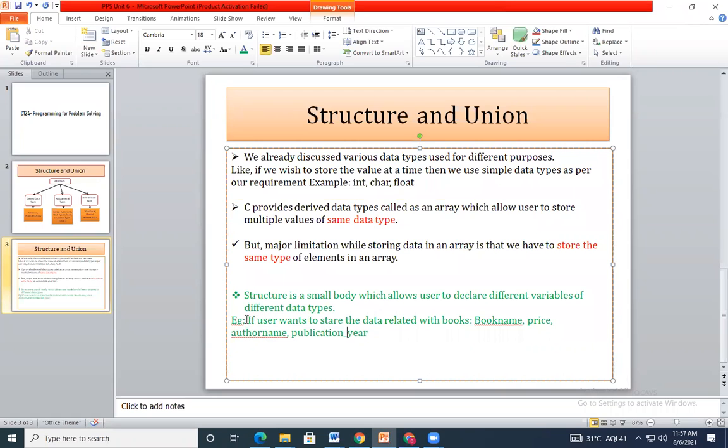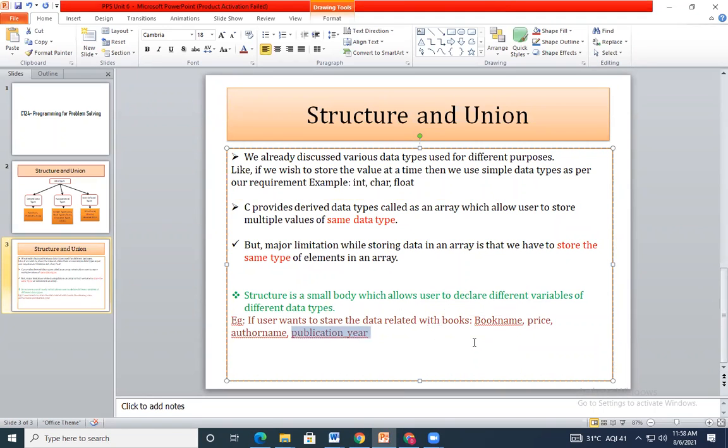That means there are certain cases where I need to go with different data values for a single entity. आता इथे entity जर म्हटलं तुम्ही तर entity कुठली आली? Book. ह्या बुक रिलेटेड हे जे काही रेकॉर्ड स्टोअर करायचे आहेत मला, but it has different data types. If I use an array of name book, I can store at max character type values. जर कॅरेक्टर टाईपचं जर मी बुक डिक्लेअर केलं, तर मला कॅरेक्टर टाईपच्याच व्हॅल्यू घेता येतील. त्याच्यानंतर मला परत अजून एक array declare करायला लागेल which will store the float values. त्याच्यानंतर अजून एक array declare करायला लागेल which will store the integer type of values.